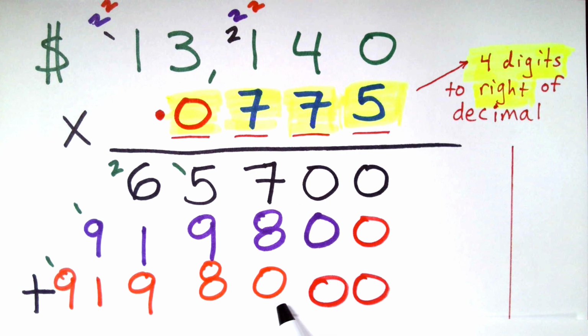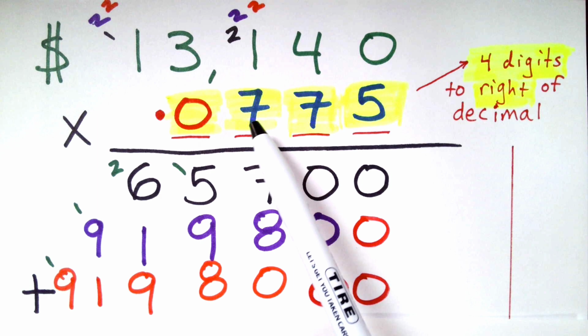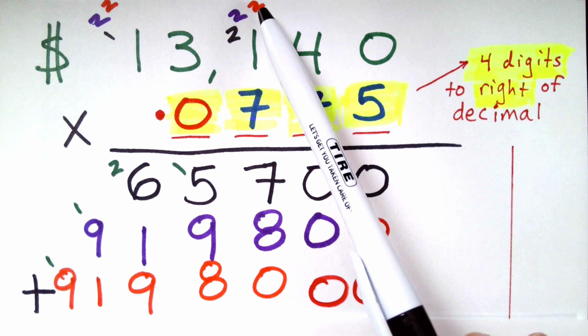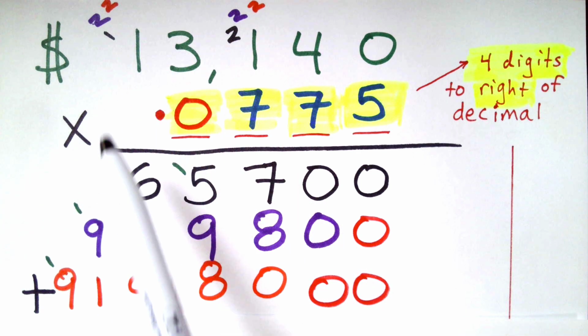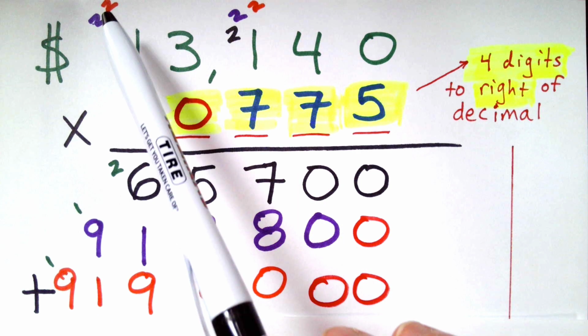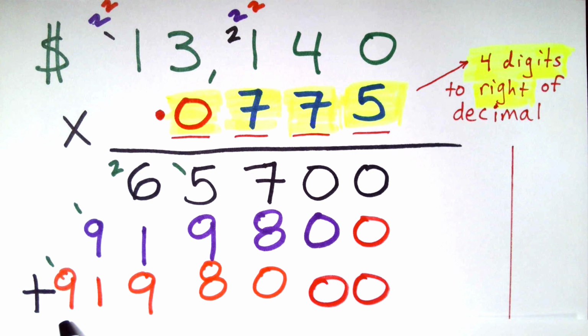7 times 0 is 0. 7 times 4 is 28. There's my 8. I carried my 2. 7 times 1 is 7, plus 2 more is 9. Okay, 7 times 3 is 21. There's the 1. I carried the 2 in orange. 7 times 1 is 7, plus 2 more is 9. Okay, and so